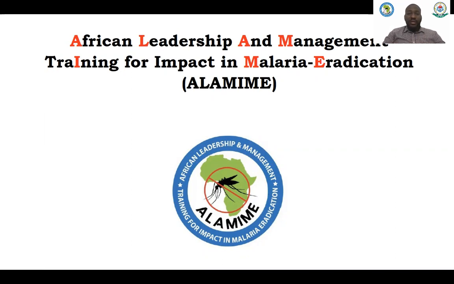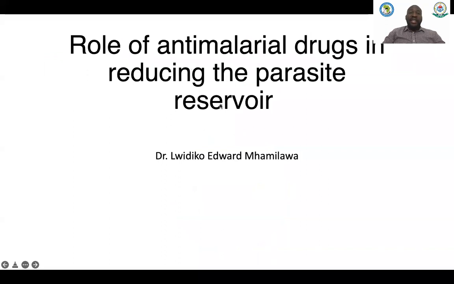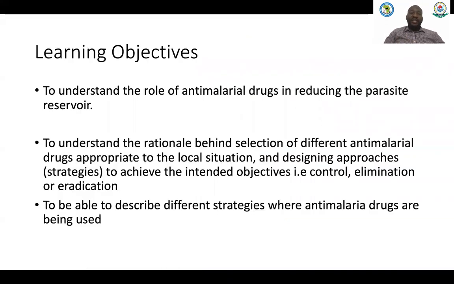I am Ludiko Edward, and I will be with you in today's session that will focus on the role of antimalarial drugs in reducing the parasite reservoir. The learning outcomes for this session are to enable you to understand the role of antimalarial drugs in reducing the parasite reservoir, and also to understand the rationale behind selection of different antimalarial drugs, which are appropriate to the local situation,